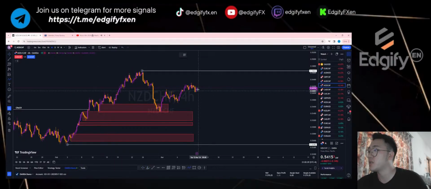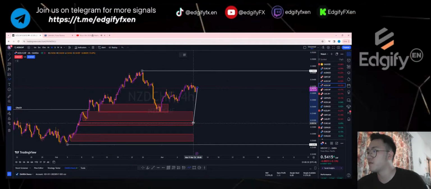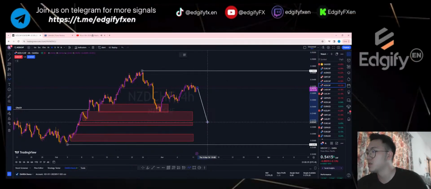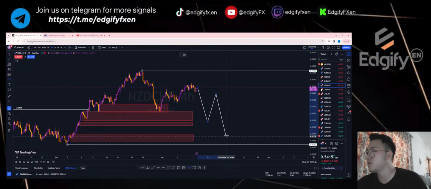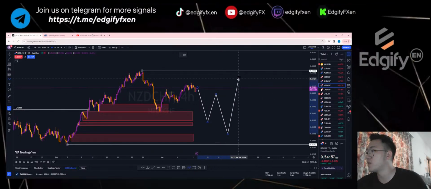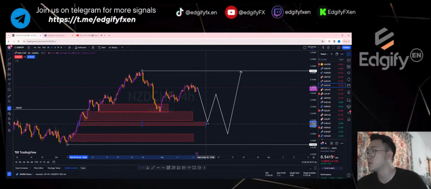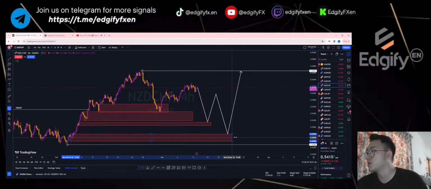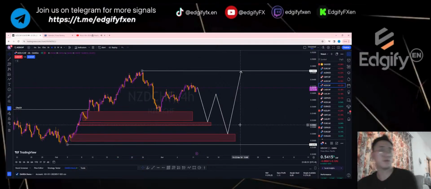Basically, what I meant by that is, if this price were to tap back to this level, well, this level has been tapped. If it tapped to this zone and bounced back, right? If it rejected back to this level, I can also take a buy at this level to bounce it back. So basically, I would be needing this level and also this level. All right, something like that.